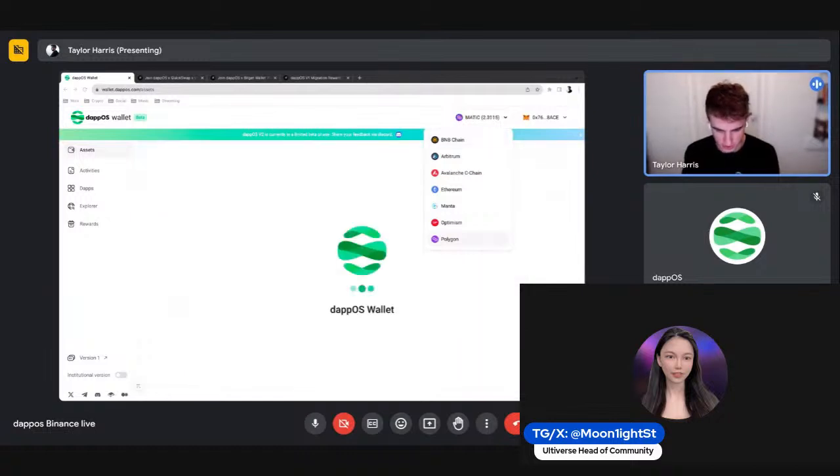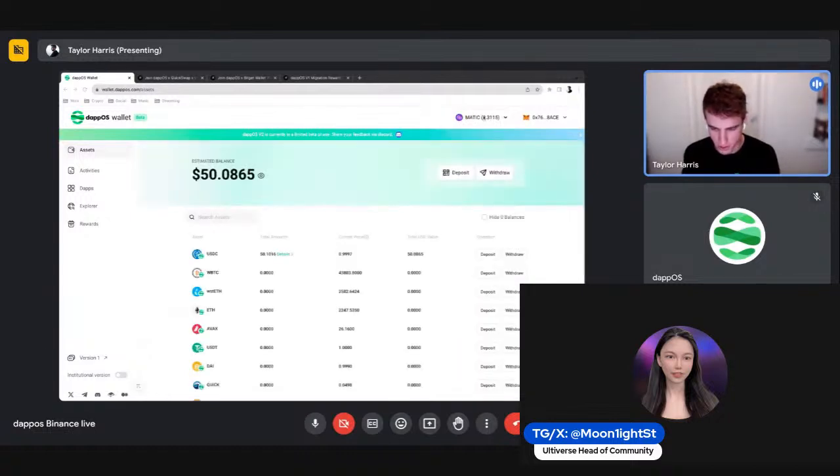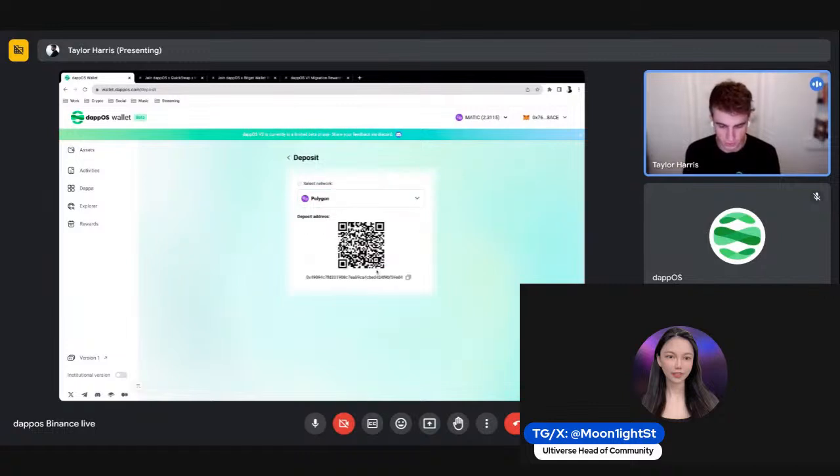Same as before, I'm going to view my address, copy that, jump into MetaMask, and paste that address. For some reason, Polygon is not showing my USDC. So maybe we'll just run with Binance, BNB, for now.